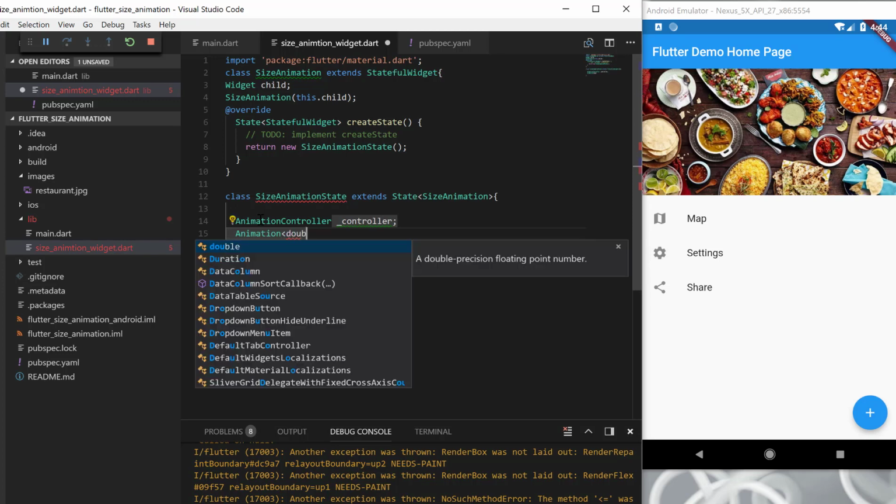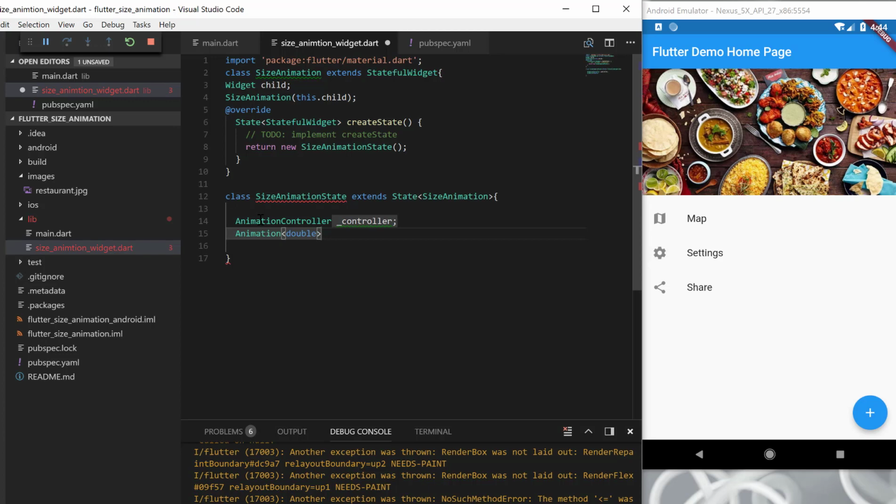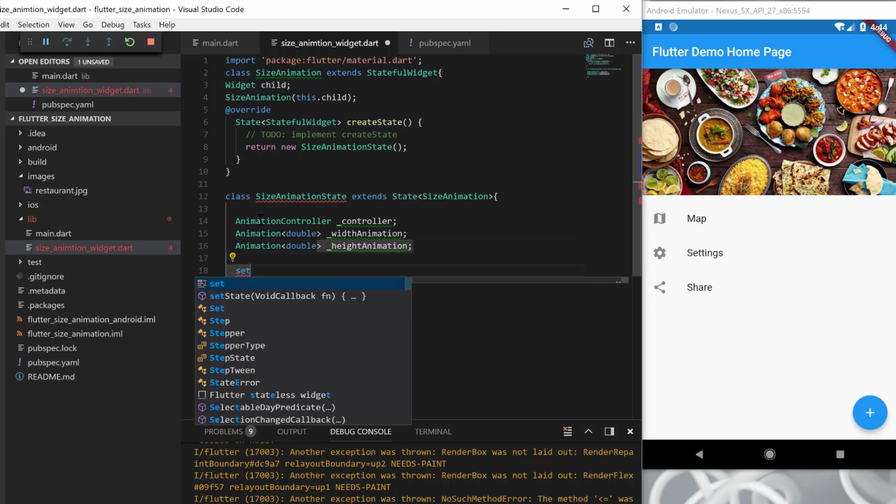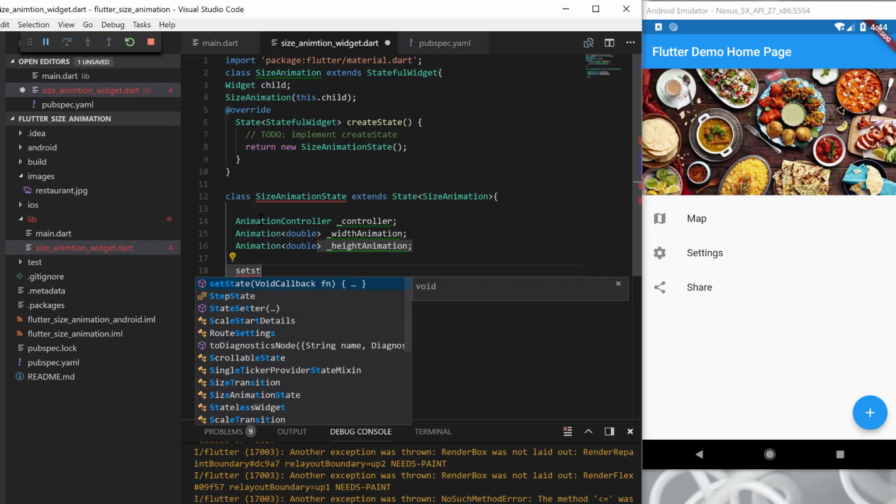So this will be Animation<double>. We'll call this widthAnimation, and another one for the height. We'll call it heightAnimation. Okay, we're gonna instantiate these objects inside the